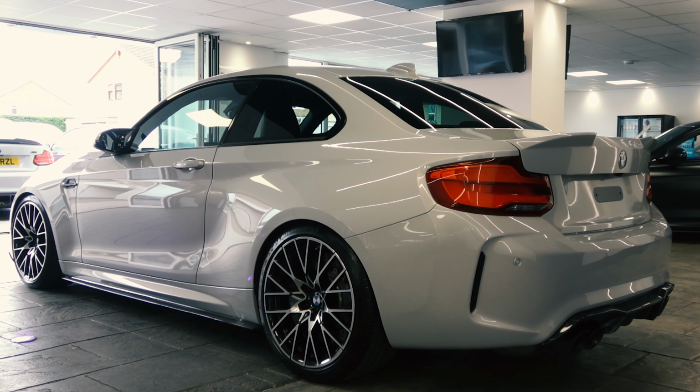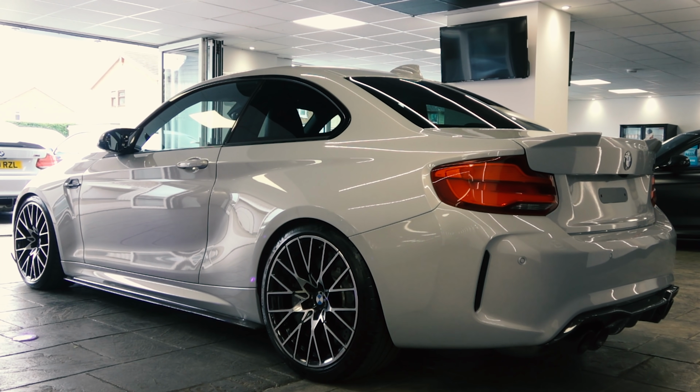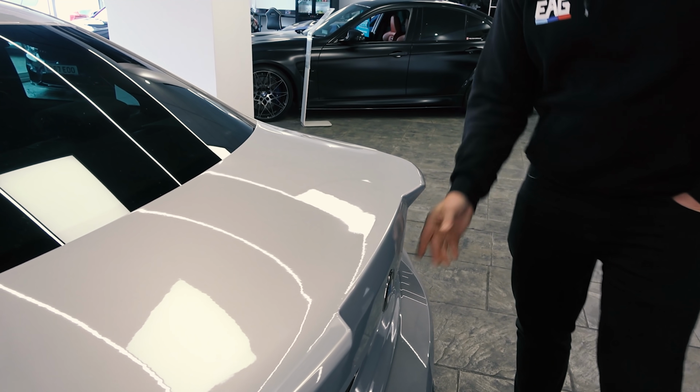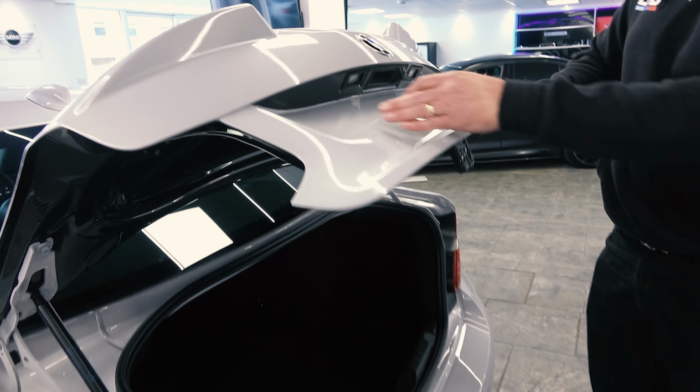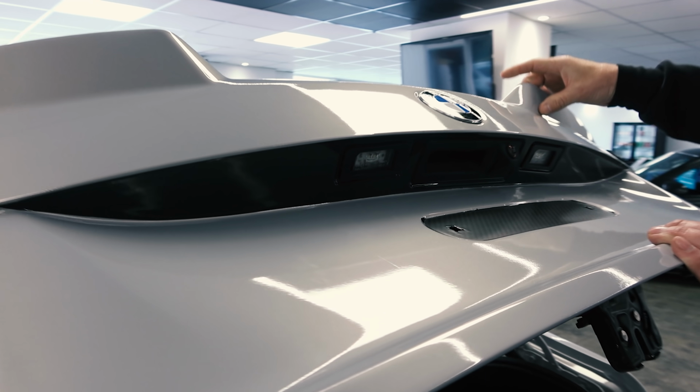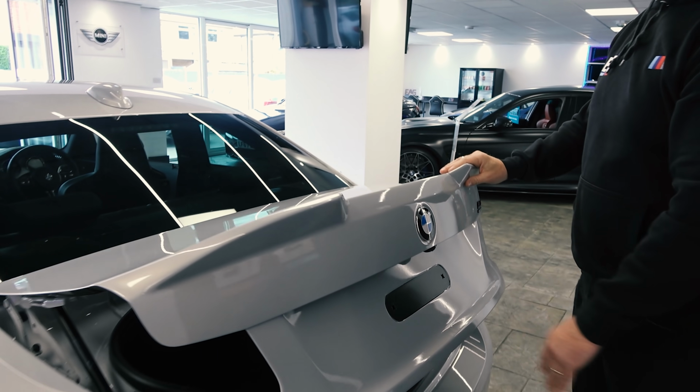Perfect. I actually think this is really cool, by the way. Because this is painted over the car. A lot of people leave this bit exposed. I mean, you can see the guy has obviously left it exposed under here. So you can mess about with what you want showing, but he's just painted the whole thing. But I think it looks